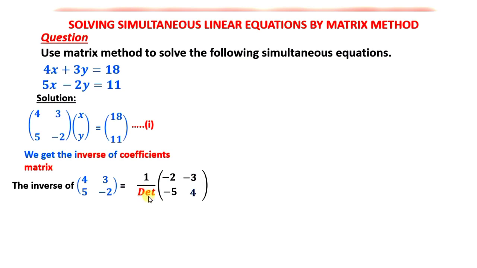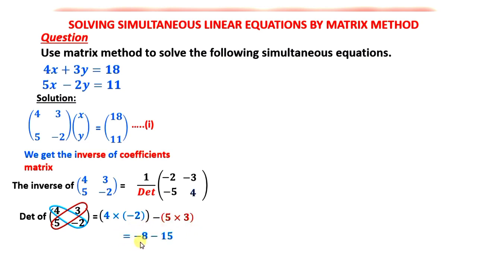The next thing is to determine the determinant of the coefficients matrix, and the determinant of the coefficients matrix is obtained by multiplying the elements of the leading diagonal, so that is 4 and negative 2, and that is 4 times negative 2, and then we'll have to subtract the product of the elements of the second diagonal, that is minus 5 times 3. And 4 times negative 2 is negative 8, 5 times 3 is 15, and therefore we have negative 8 minus 15, and that gives us negative 23. Therefore,